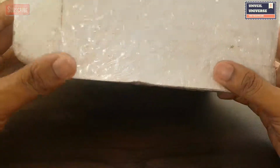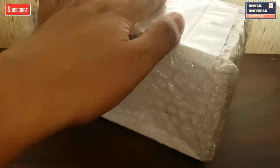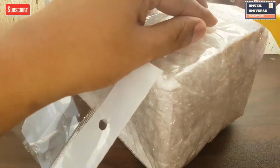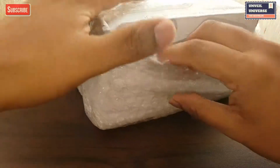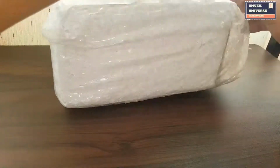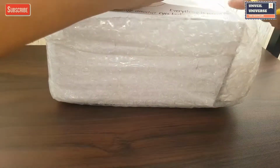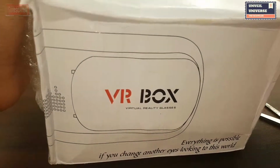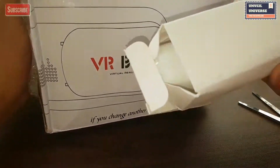So today we are going to unbox a special package on this video. So let's begin. I'm just tearing it off. So as you can see, it's a VR box and it does have that remote control with it which works